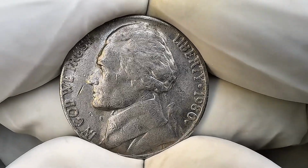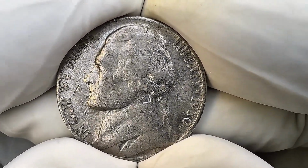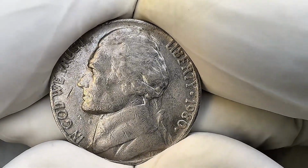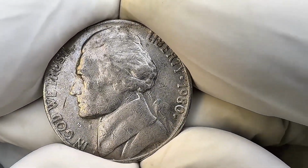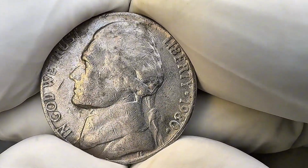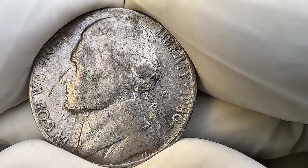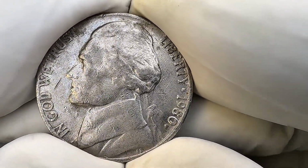The 1980-P Jefferson nickel is a coin that often goes unnoticed in everyday transactions, yet it harbors a fascinating history and potential value that might surprise many. Minted in Philadelphia, this particular nickel is part of the long-running series honoring the third U.S. President, Thomas Jefferson. While at first glance it may appear as just another 5-cent piece, certain characteristics and anomalies can